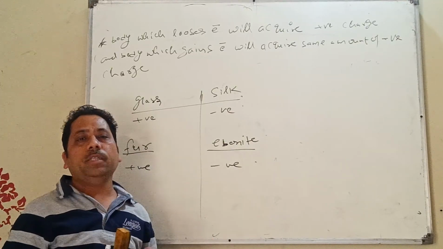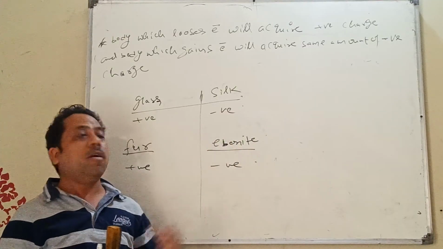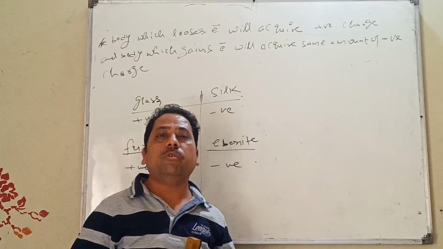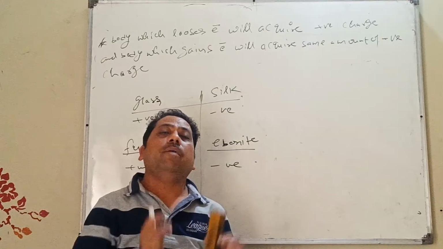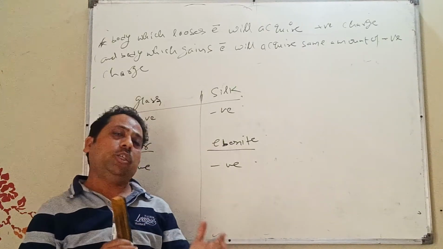Why does it happen? ऐसा क्यों हुआ कि आप बाहर से ट्रेवल करके आए और आपने जैसे ही रूम में एंटर किया और मेटल नॉब को टच किया डोर पर, आपको कभी कभी हल्का सा शॉक लगता है।